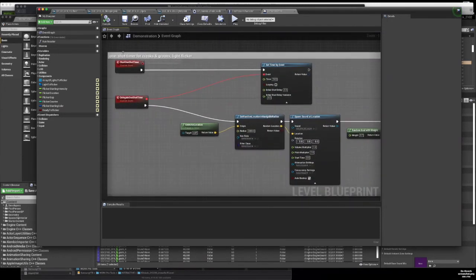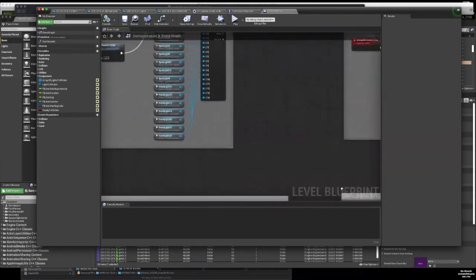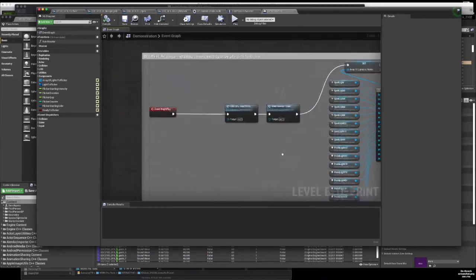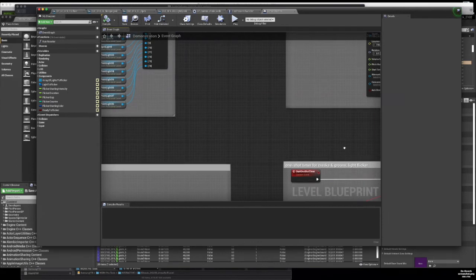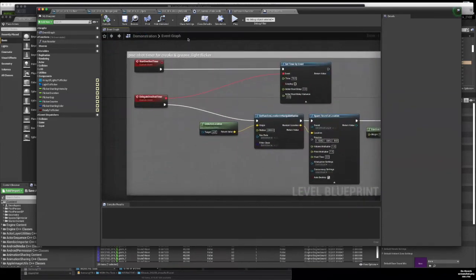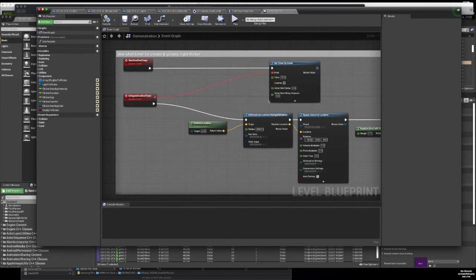Here's the one-shot timer that also started in the beginning when the gameplay starts. Start one-shot timer runs this timer, 16 seconds or so, randomized. Delegate one-shot timer: once the timer ends, it starts all this mess, which is